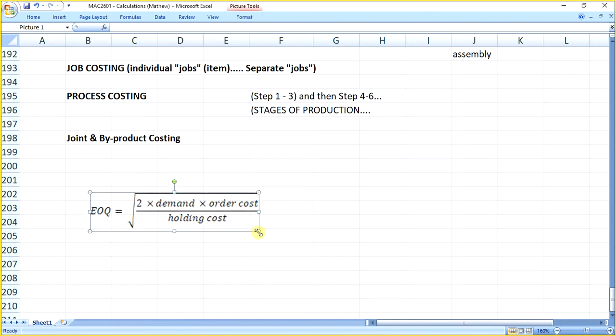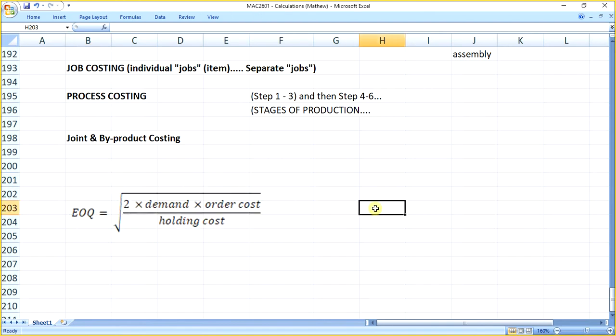EOQ is important. Do you know what EOQ represents? Any idea? No. Okay, so EOQ stands for the Economic Order Quantity. Right, if something is economic, what does that mean? Think of your economics. Yeah, so it's economic. It's user friendly. It's economically friendly. It's like a good option. It's like not expensive. Okay, that's good. Not expensive is a good way of describing it here, because when looking at economic order quantity,